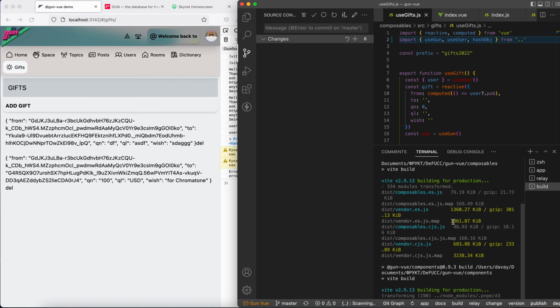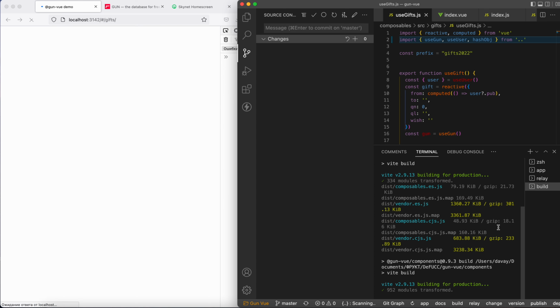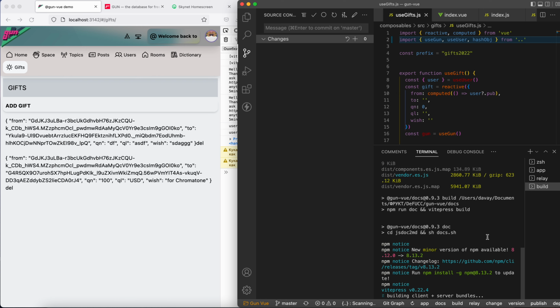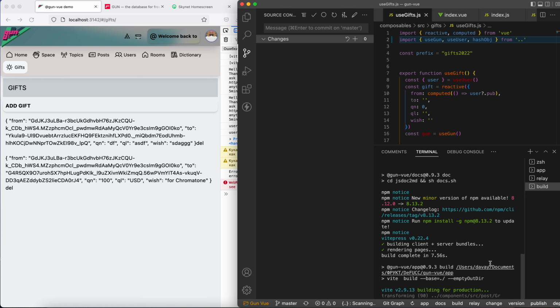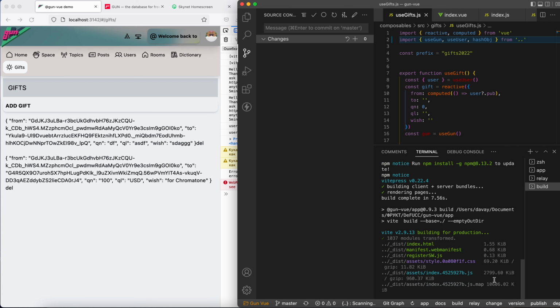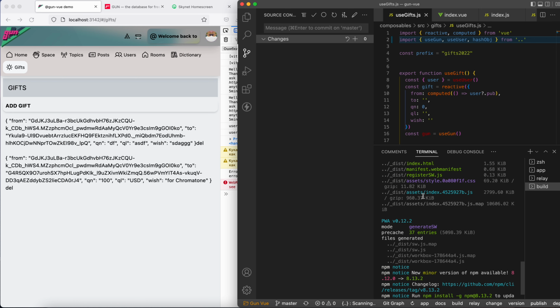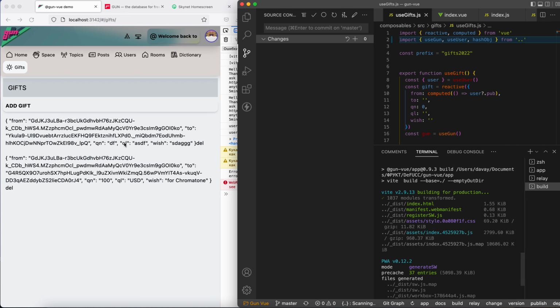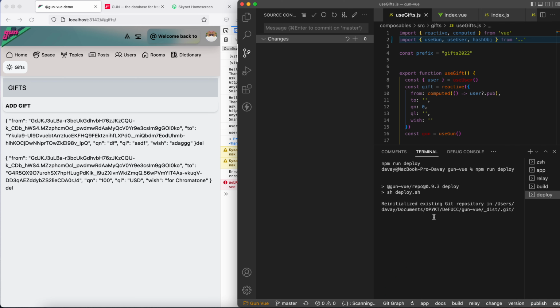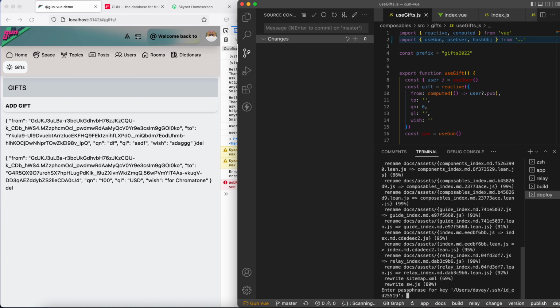Yeah, so we got the composables built. Very lightweight. Yeah, the components are built. Then we have the app building. Yes, it's there. Oh, it was the docs. Here is the app. Yeah, and that should be it. Rendering chunks. Yeah, so it's just, you know, 1 megabyte of code totally, with all the functionality. Yeah, it's nice. So I'll go and deploy it to the GitHub pages, and yeah, you should just